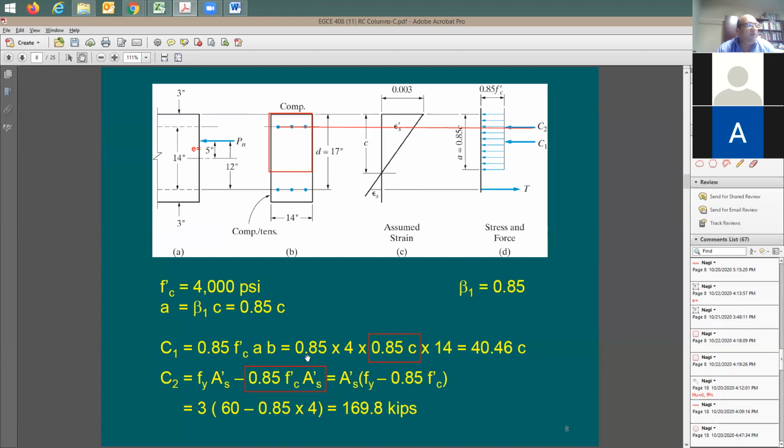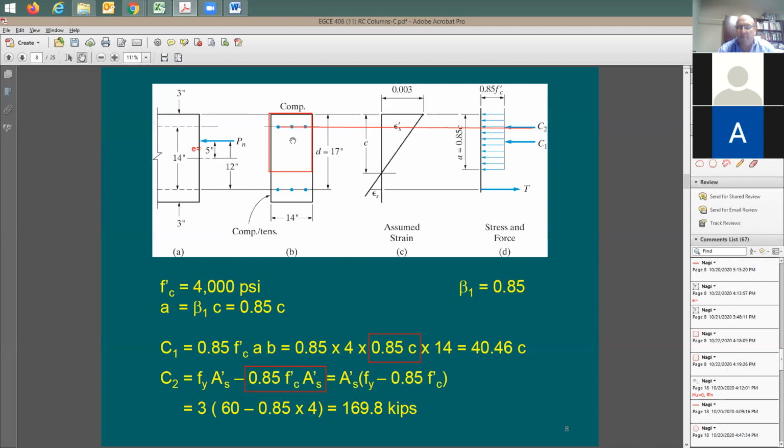This equation says 0.85 f'c times a, which means this depth, multiplied by 14 inch. So it takes the entire cross-section area. And then when you work on the steel, you consider the same cross-section area, so you double count the cross-section area of the steel. So the easiest way is to subtract the cross-section area of the steel out of this equation by multiplying it